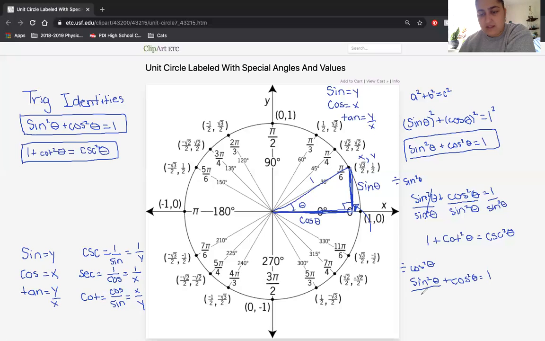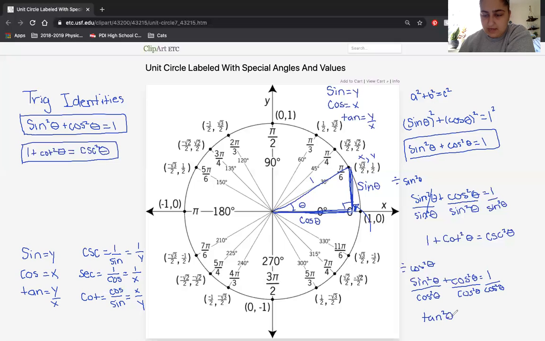And I'm going to divide this by cosine squared theta, divide this by cosine squared theta, and then lastly divide that 1 by cosine squared theta. So sine squared over cosine squared, right? We know that sine over cosine is tangent. So this gives me tangent